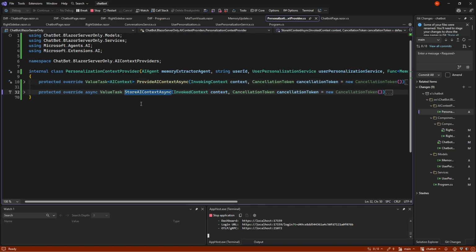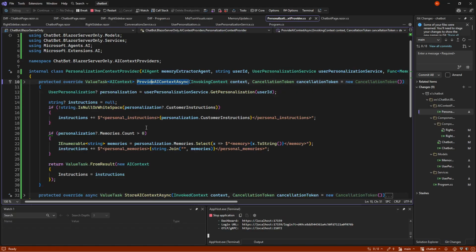So let's first see how we provide new stuff. Given that we have some information in a personalization, we can on the fly enhance the instructions by giving AI context. What will actually happen is we have our normal instructions, and these are being put on the fly into those instructions as well.